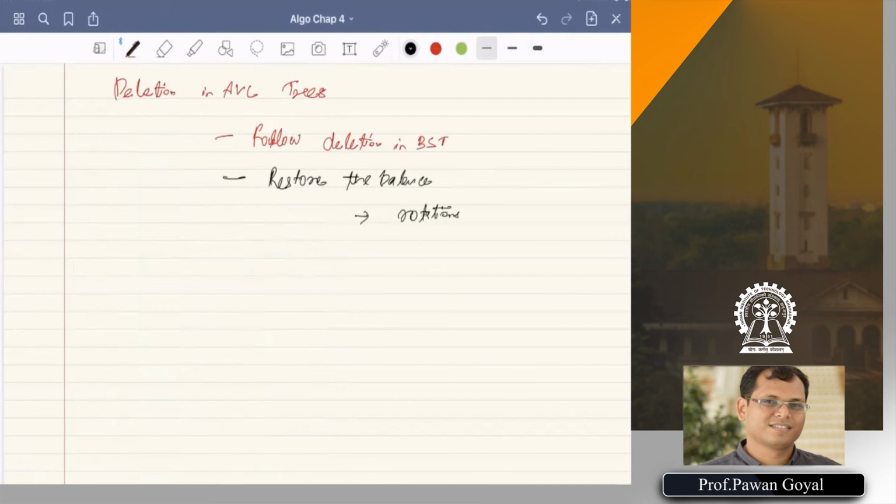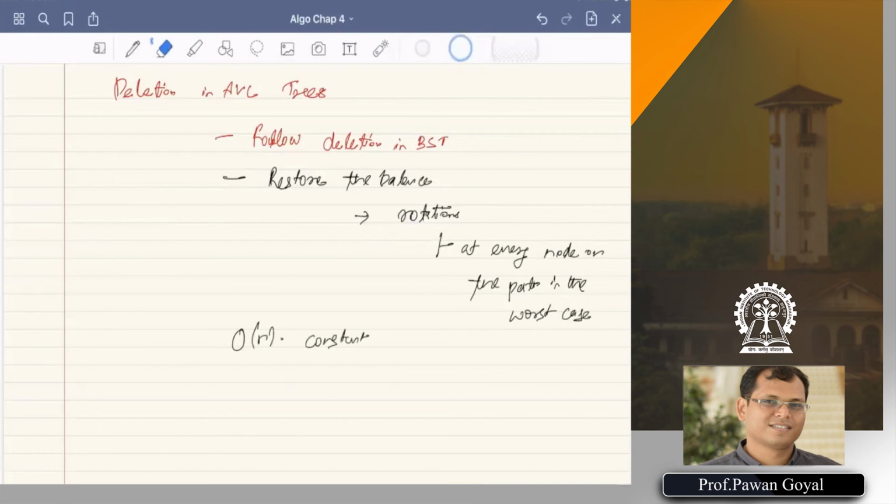It turns out that in deletion in AVL trees, a single or double rotation may not be sufficient. In the worst case, you may have to do a rotation at every node on the path. But we are prepared for that, because that is order log n times some constant operations. I'm sorry, it's not order n, it's order log n, the height, times some constant operations. And this becomes order log n.